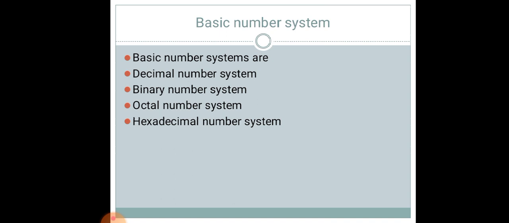From these, the decimal number system you have already used everywhere for mathematical operations, and it has a base of 10. You understood that the number system has a base of 10 while doing logarithmic and anti-logarithmic operations in mathematics, where you have taken the number with base of 10. So the numbers you are using in your day-to-day life for operation or counting are decimal numbers, because it has a base of 10, right? So the basic number system has these four number systems.